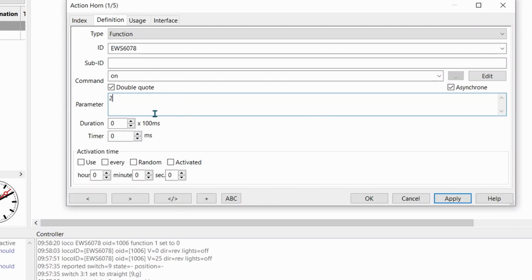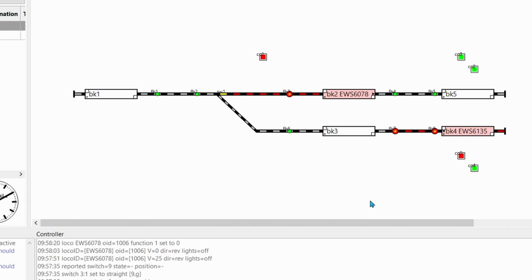And this time, rather than having the horn switched on all the time, we'll give it a duration. So we'll set it up for 5 milliseconds. So once it triggers, it'll switch itself back off after 5 milliseconds. Depending on your layout, you maybe need to put a longer time in here, in your locomotives, I should say. So apply that. Apply. Okay.